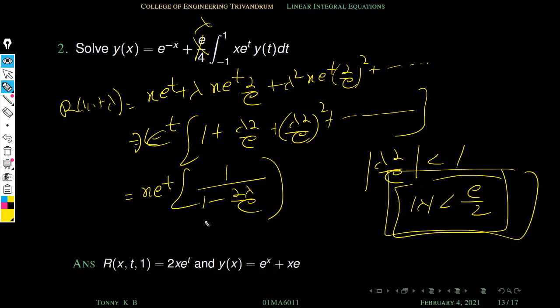Once you get R(x,t;lambda), you can find the solution using our solution method, y of x is equal to...